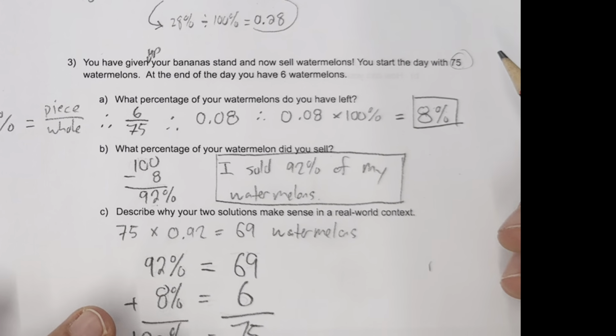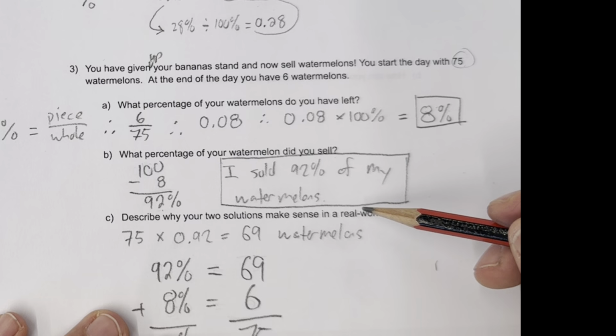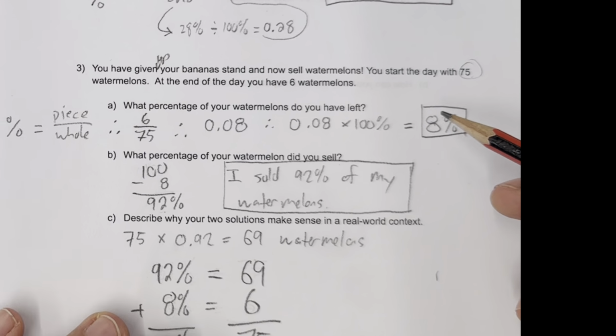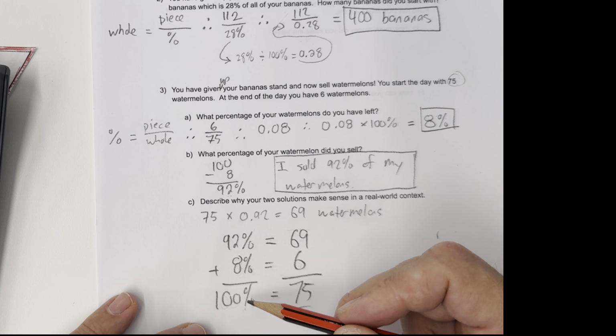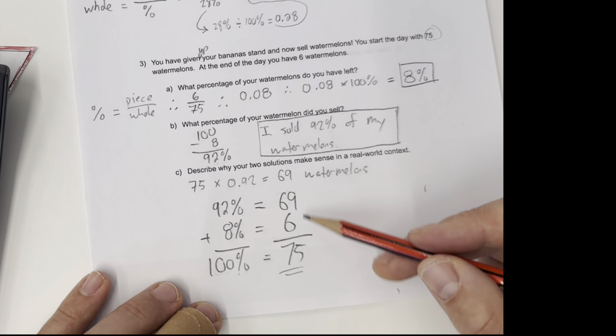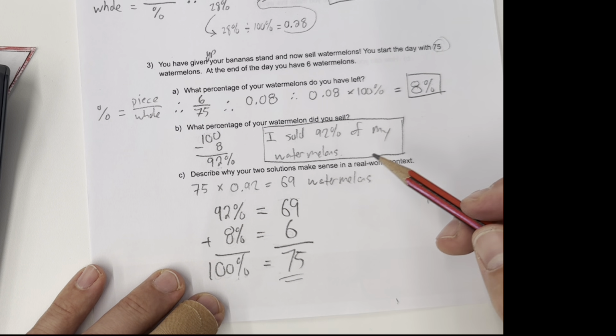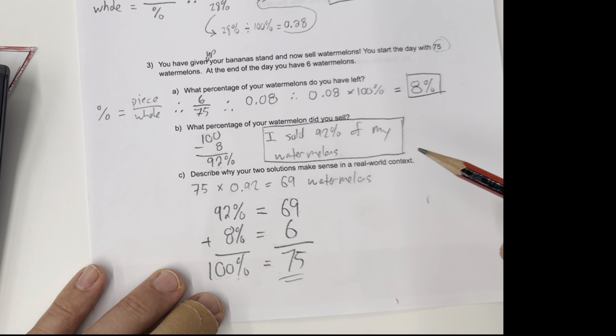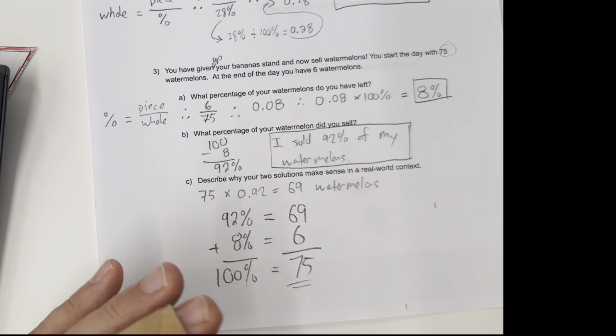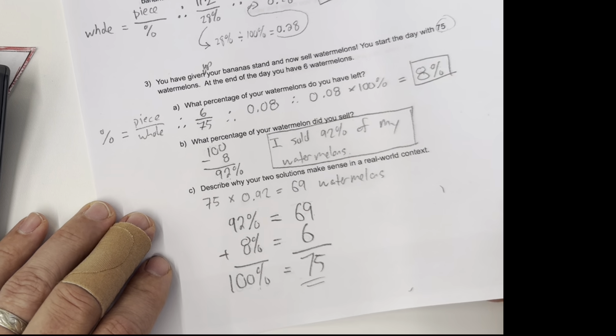So in a real world context, the percentage of what you have left added to what you sold should always be 100%, and then those numbers should always line up. If you started with 75 and you sold 69, you should have 6 left. And so that's in a real world context because everything should match up and make sense, okay? All right,